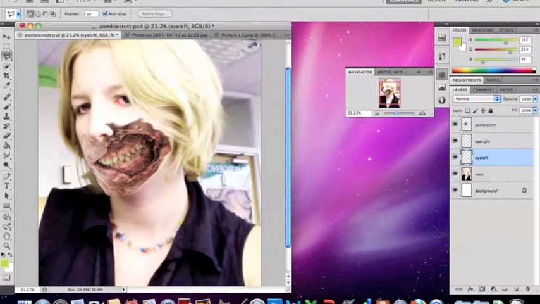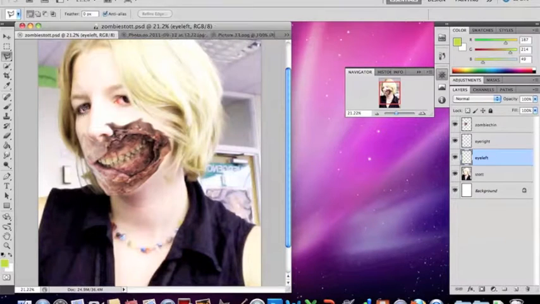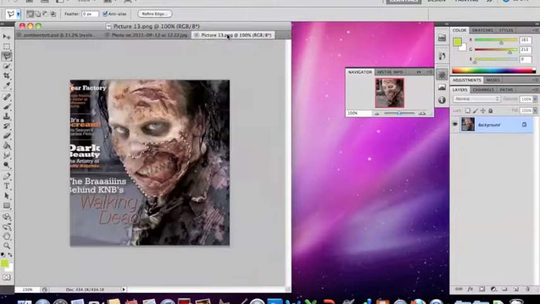Right, the zombie's really starting to take shape now, but I think we need to add a little bit more creepy skin and things onto that. So what we're going to do is go back to our nice zombie image on the other page. If anything's sort of flashing about, just deselect it by going up to Select, Deselect, and then go